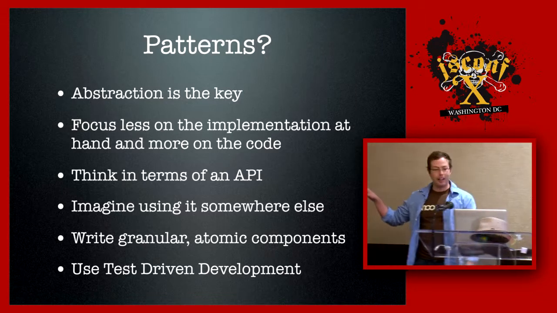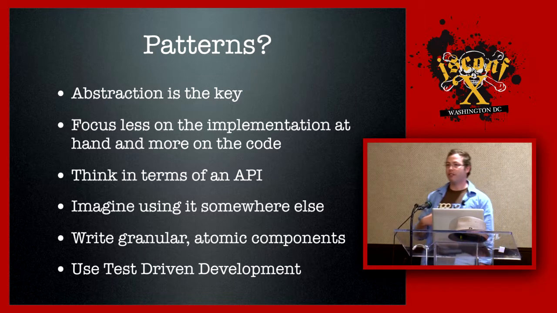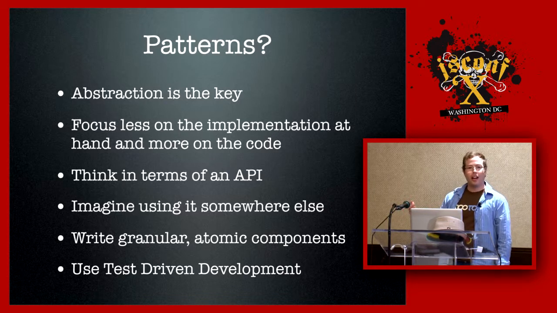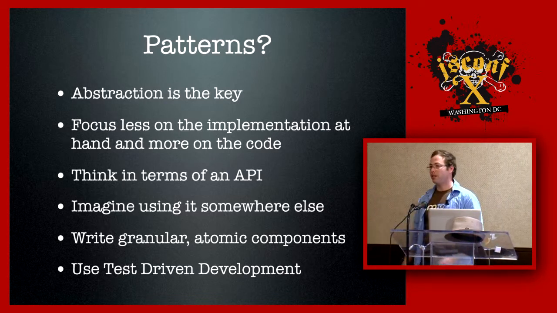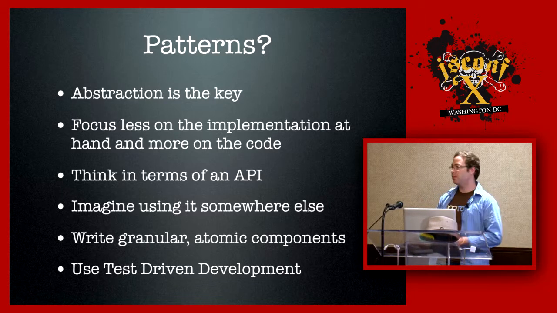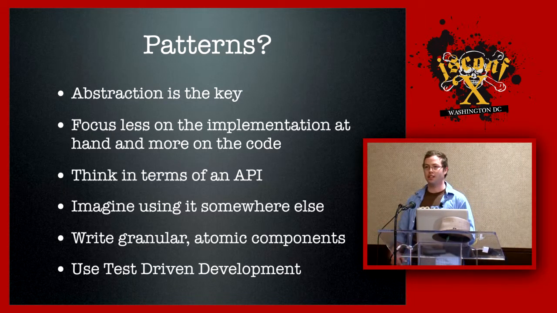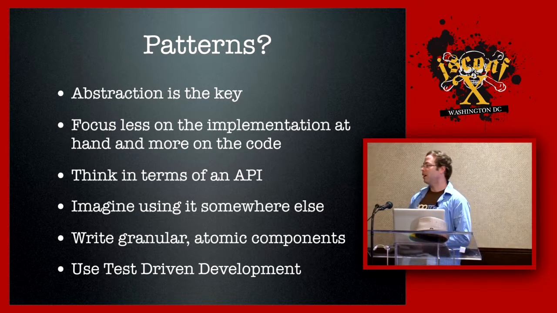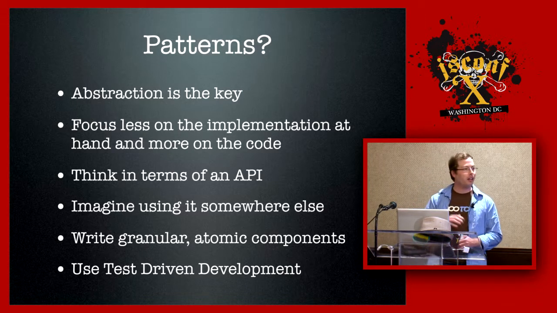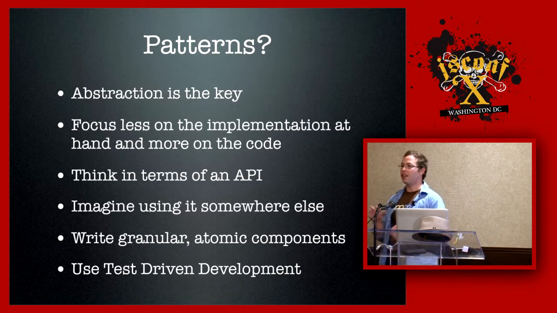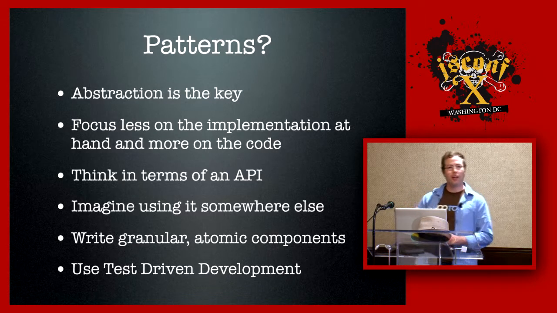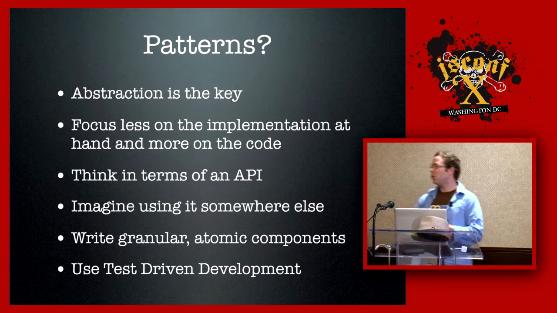So if you think about the code that you write as being an API for yourself, and that you're always writing for this third party, which happens to also be you, and you ask yourself, well, when I use other people's libraries and they're really well formed, they have great methods that make sense just by looking at the name of the method, its verb, that kind of stuff, and you write your code that way, it's just going to be easier for you to consume it. But on top of that, if you think about it in those terms and pull them out of the context of the thing that you're trying to get working right now, you'll just end up with code that's easier to reuse when you end up on a page 3 days later that needs something really similar that's not quite the same.